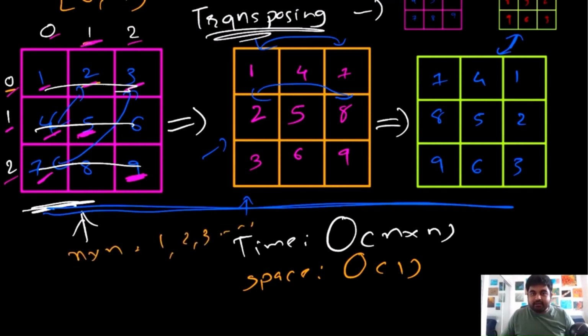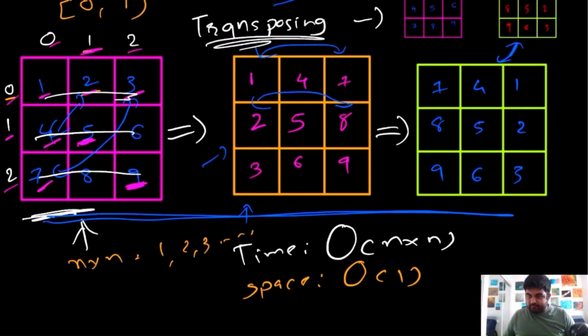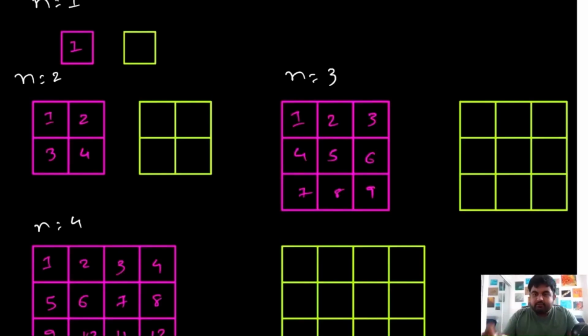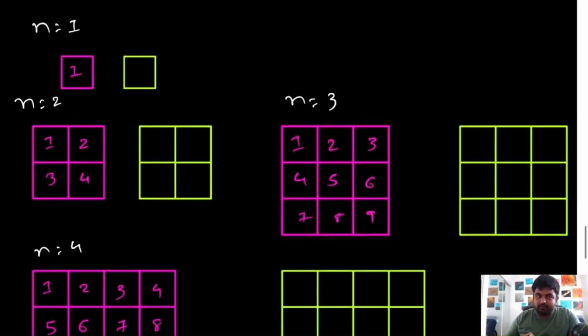Now let me quickly show you another solution for the same problem where we don't need to do this transposing activity, and we can actually solve this problem in a single go. So for the second approach, we are going to do things a little bit differently. First of all, I have drawn over here a bunch of matrices of different sizes. So n is equal to 1, 2, 3 and 4 I have shown you. And now we are going to see if we rotate them 90 degrees, can we see some patterns